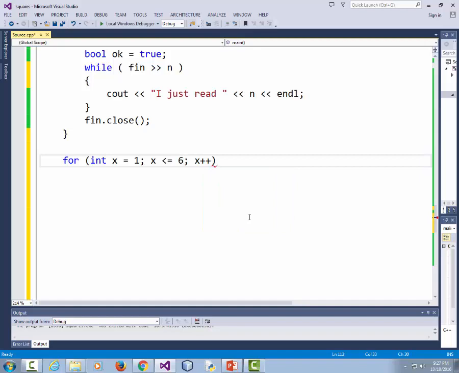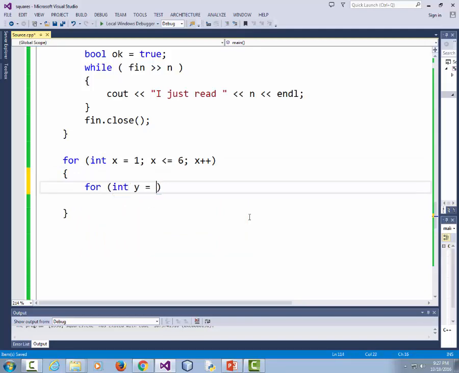Add 1 to x each time. And then for int y is equal to 1, y is less than or equal to 6, y plus plus,